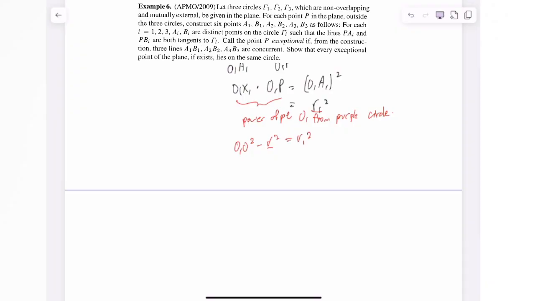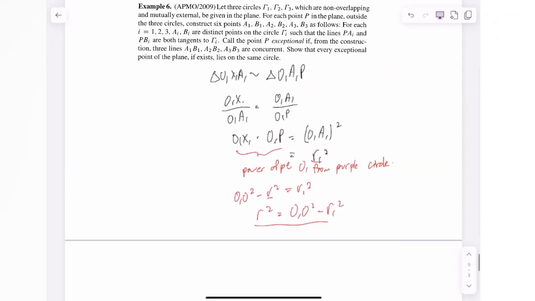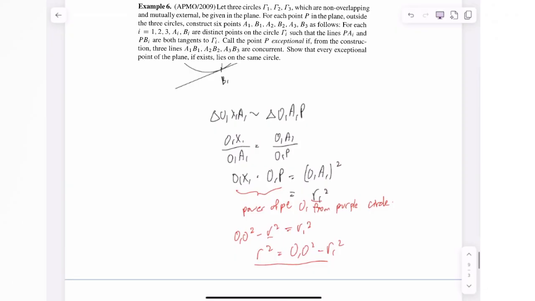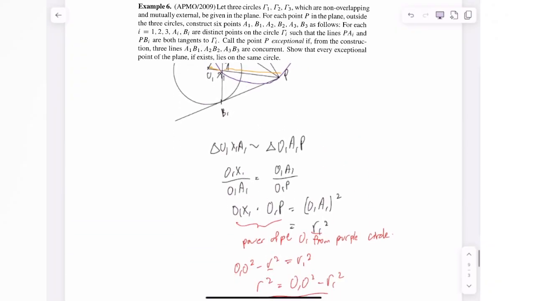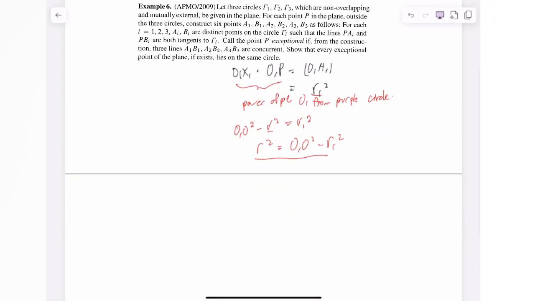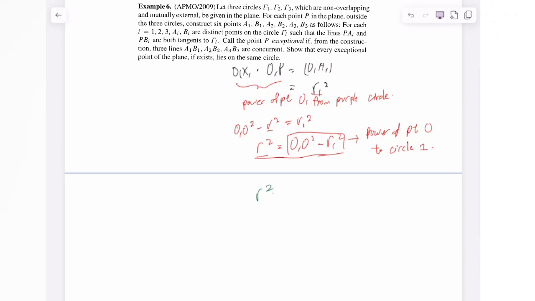So rearranging, what this means is that this side actually means the power of point O to circle 1 is R squared. So by similarity, R squared will also be